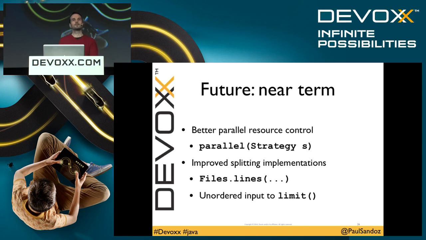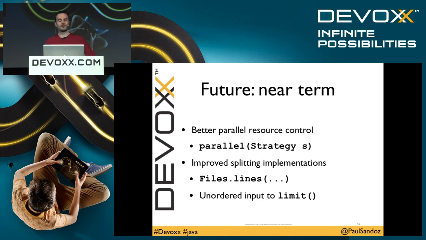We need a strategy perhaps to say, I'm doing I/O or something like this, because the fork join pool at the moment is not so good at dealing with I/O-based tasks that block. That can be an understatement. So we need the strategies for that to allow that to happen, because you can use RxJava and stuff like that, but at least we should try and evolve streams to make it a bit more friendly. So if you want to process HTTP requests coming in, you can say you're doing a parallel I/O strategy, and that should be a reasonable thing to do.